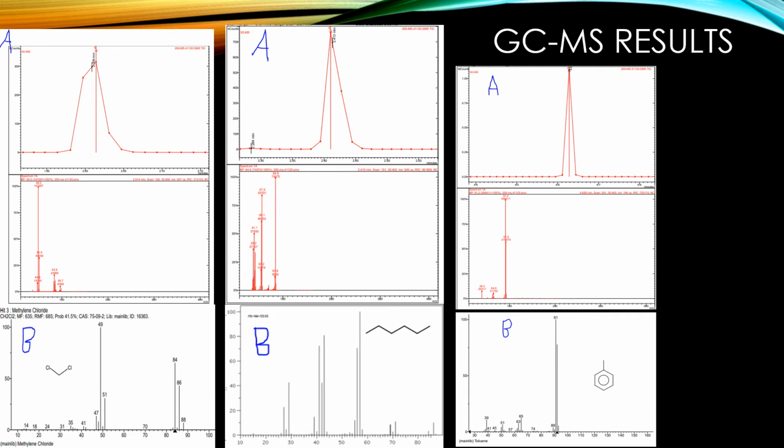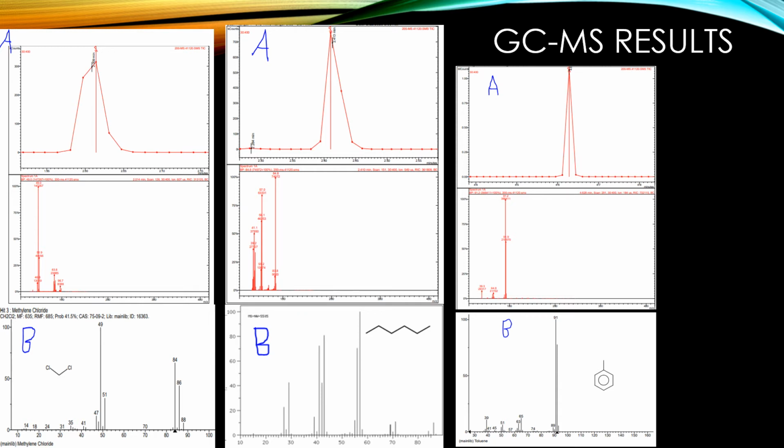The isotopic peak of chlorine was found at MZ values of 49, 51, 84, and 86. The 86 and 51 peaks represent one chlorine atom with 37 atomic mass units. The 84 and 49 peaks represent the carbon, atomic number 12, and the loss of the chlorine radical at 35 from the molecule, CH2Cl2, which is 84, making the CH2Cl+, which is 49. The loss of the chlorine isotope, which makes 37, from the dichloromethane.